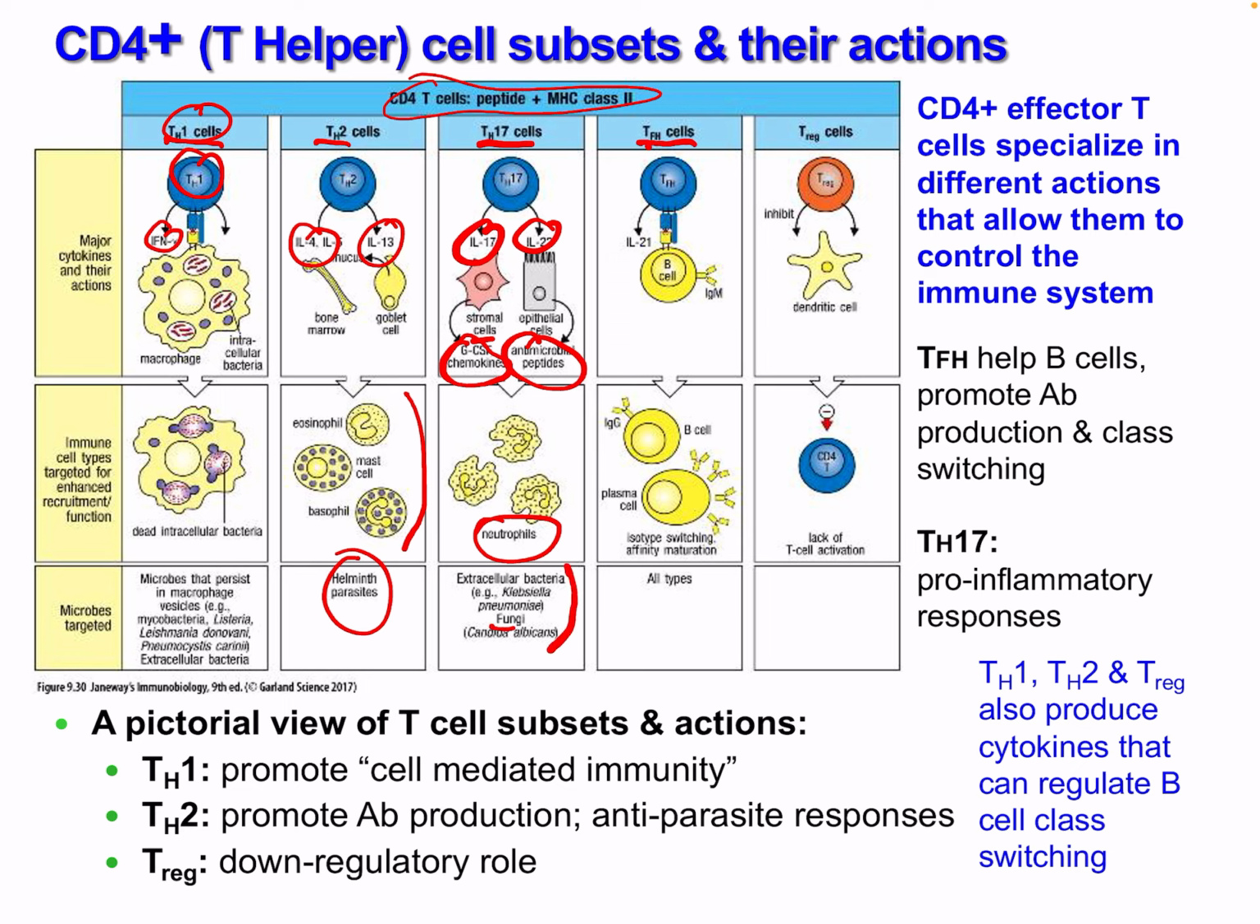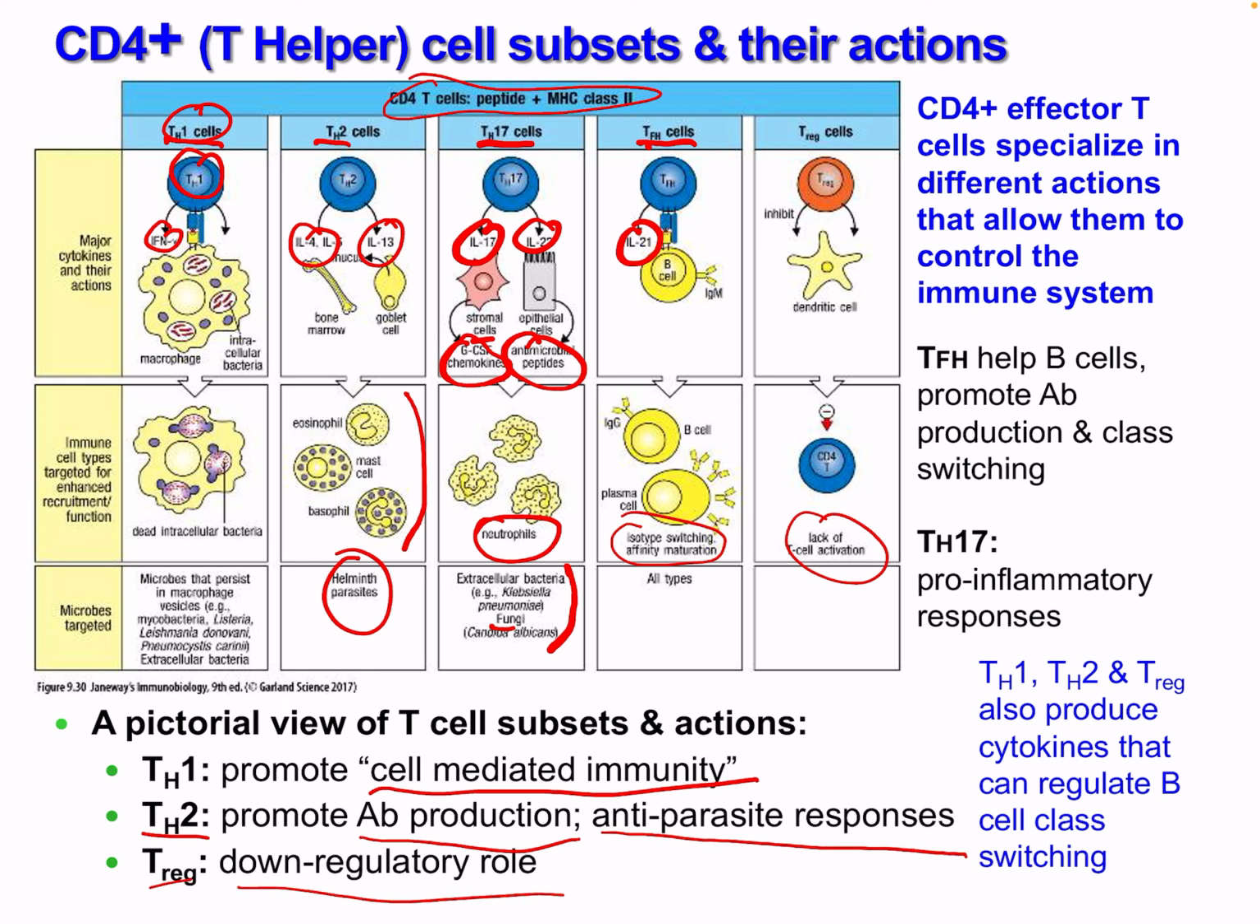TFH cells, releasing IL-21, mainly function in isotype switching. Tregs, lack of T cell activation. So again, Th1, cell-mediated immunity. Th2, antibody production, causing antiparasitic responses. Treg, downregulatory role. So CD4 positive effector T cells specialize in different actions that allow them to control the immune